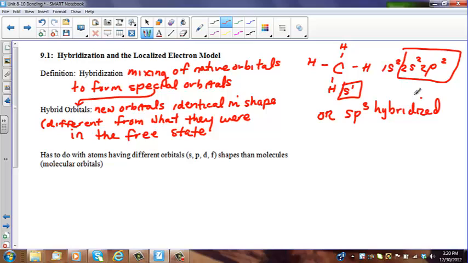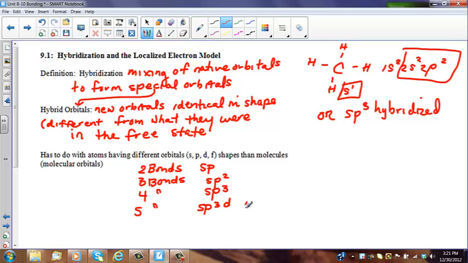So here it says it has to do with atoms having different orbitals, s, p, d, f shapes, than basically the molecules themselves. What I want you to keep in mind is that if you have two bonds, basically two bond lines, that's going to be sp. If you have three bond lines, that's going to be sp2. Four bond lines, sp3, which is what we just had. We had four bond lines. Five bond lines is